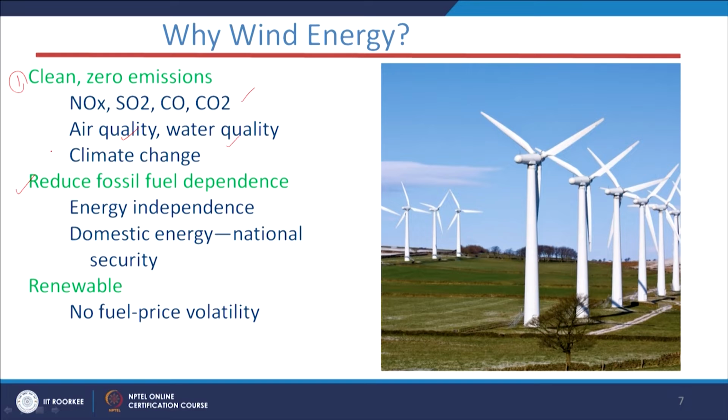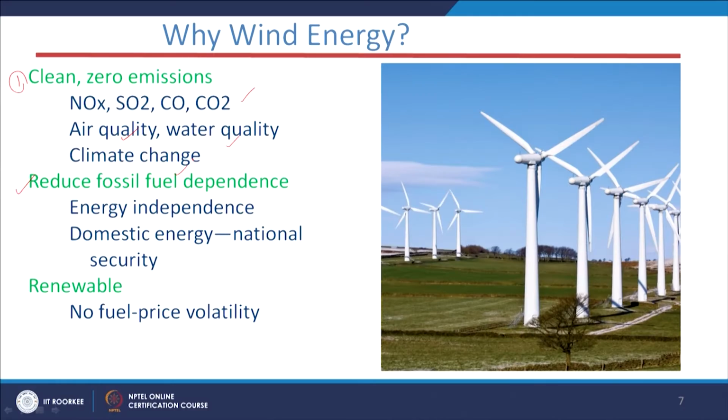So, if we have more and more power generation from wind systems, then to meet the demand we have to reduce the dependency on fossil fuel based generation, that is, our coal based generation plants. And yes, of course, it is renewable in nature. The wind comes from the heating of the sun, the unequal heating of the earth's surface. So it is renewable in nature, there is no end to the wind. These are a few key points where we can see that the wind system is more advantageous than the coal based generation system. And these are the potential impacts and issues.